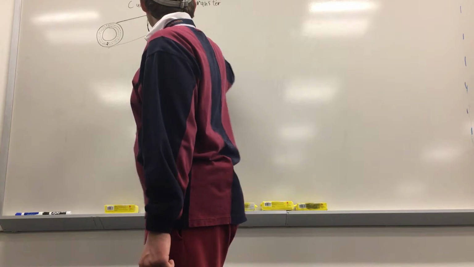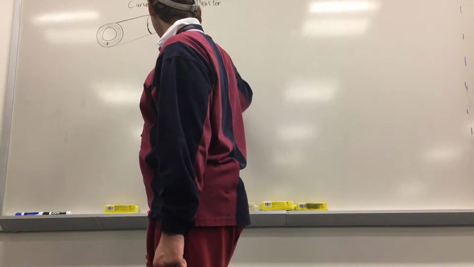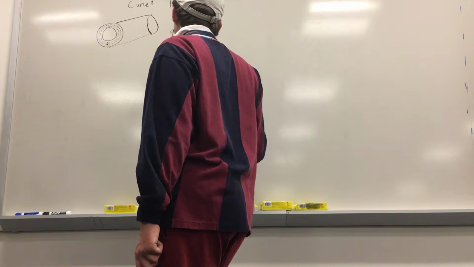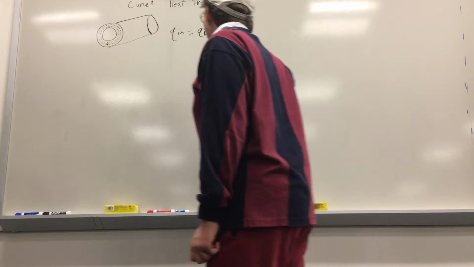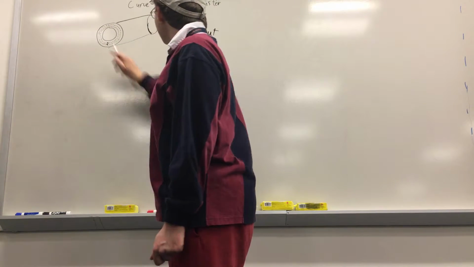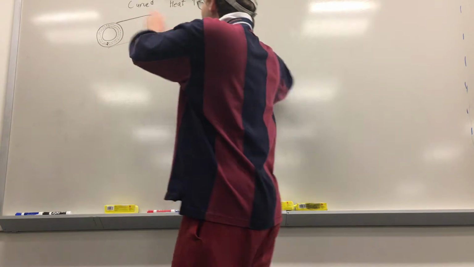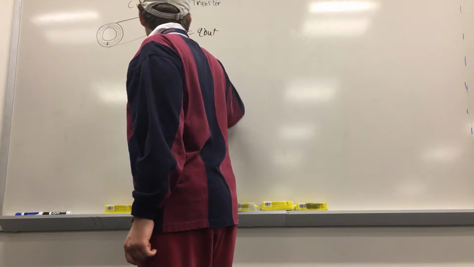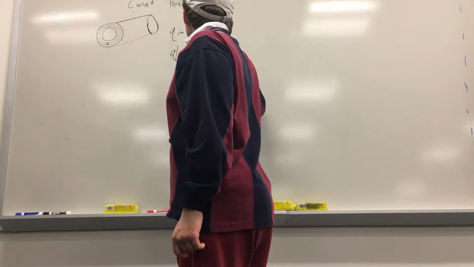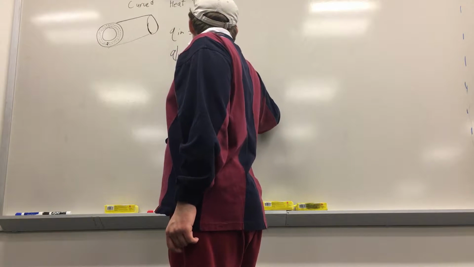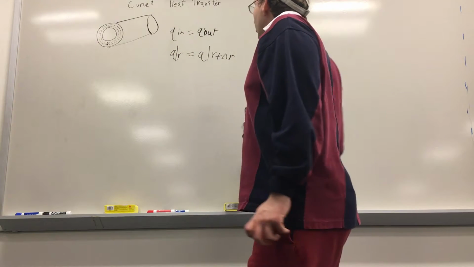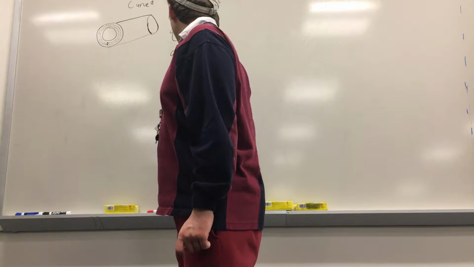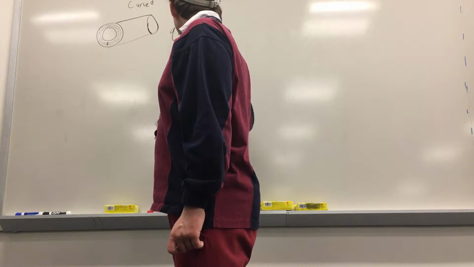We're just going to be balancing the heat coming in with the heat coming out. Normally it's energy in, energy out, but since we only have heat, it's kind of a moot point. Now, since there's no generation and this is all steady state, one-dimensional, we can pretty much say that Q at radius r is equal to Q at radius r plus delta r. Meaning that if we shift this over to this side, we can have